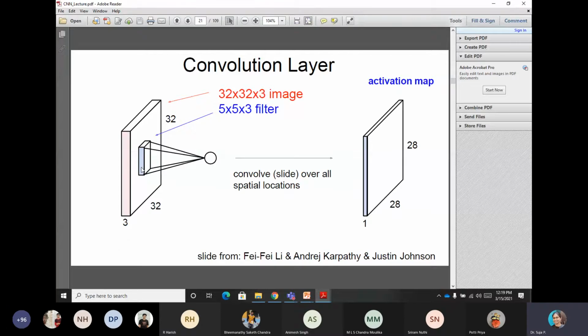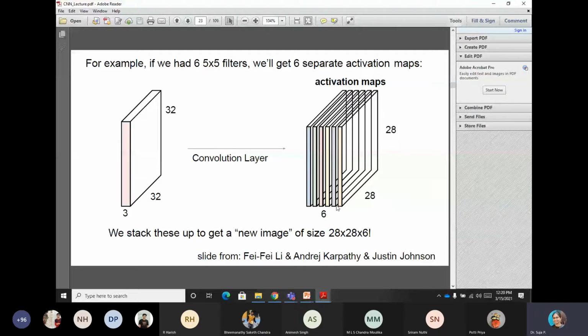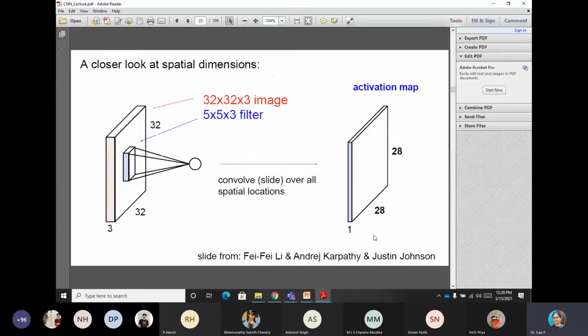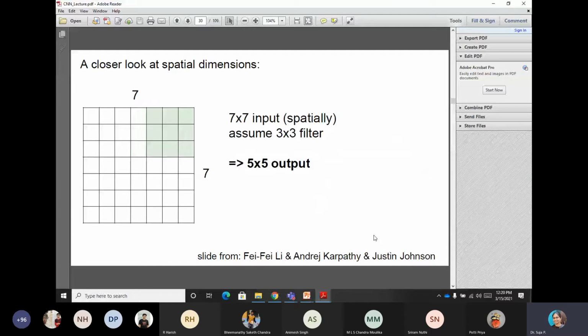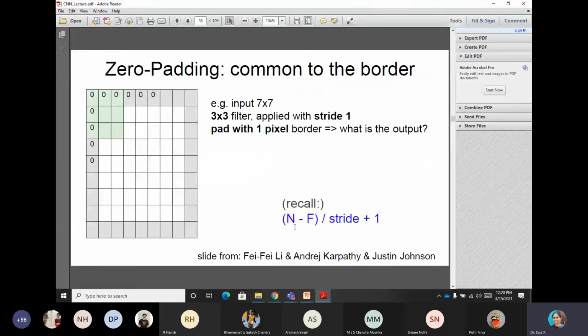If you use another filter, you will get one more. Similarly, if you use 6 filters, one to detect vertical edges, one to detect horizontal edges, one to detect a curve, then you will have an image of size like this. Okay. So ultimately, this is the convolution operation.